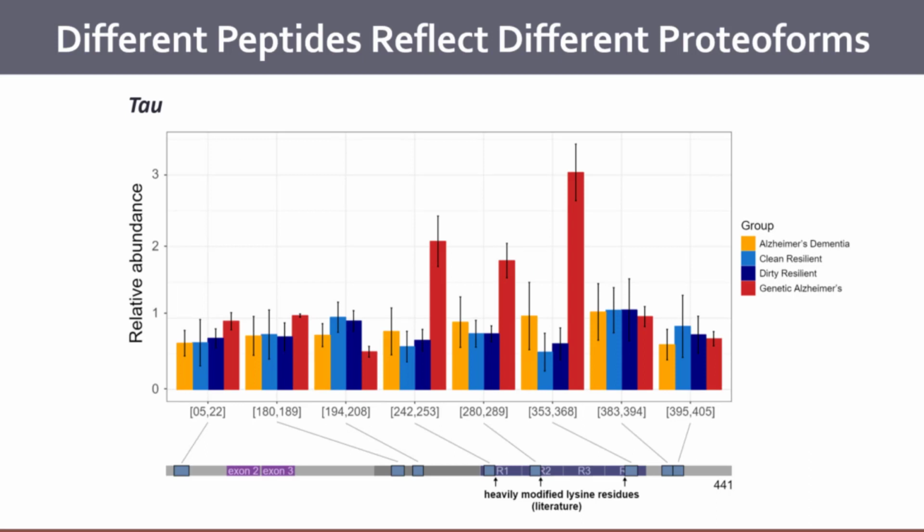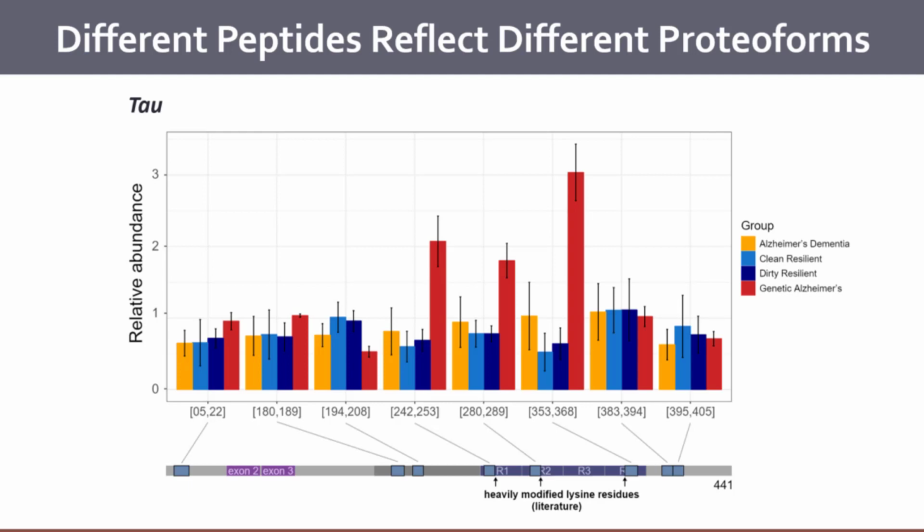Tau is another protein that's involved in it, and it also has a significant number of proteoforms. The same groupings here. So those with the genetic Alzheimer's have a really high level of tau, and those with Alzheimer's disease, the same regions, but only in this level where it's this microtubule binding region of the individual protein. There's also a change that's occurring here at this 194 and 195 peptide, where the peptide in this Alzheimer's dementia goes down a little bit. This is a peptide that spans the serine 195 that's known to be hyperphosphorylated. So the stoichiometry of the unmodified peptide is going down a little. It's still not significantly different in the sheer numbers that we have in this case, but it still is an